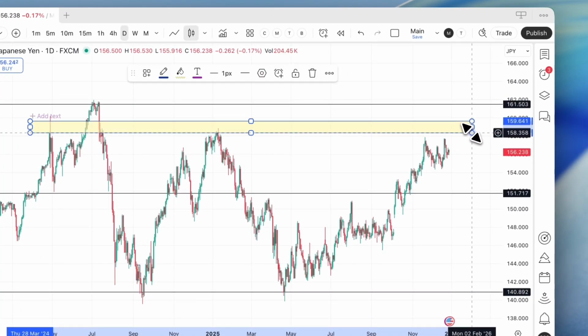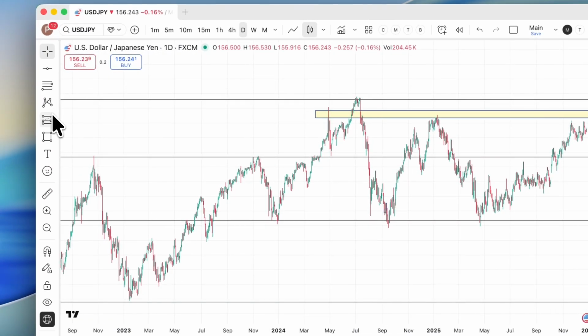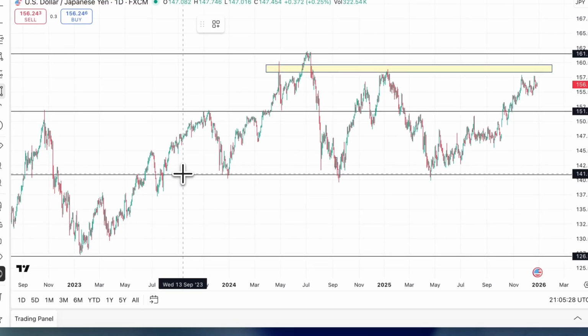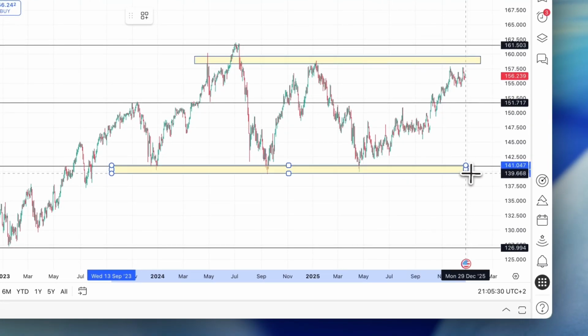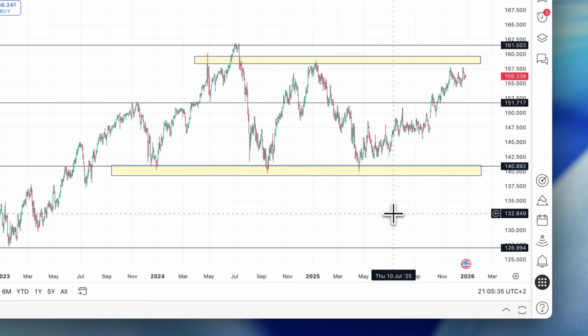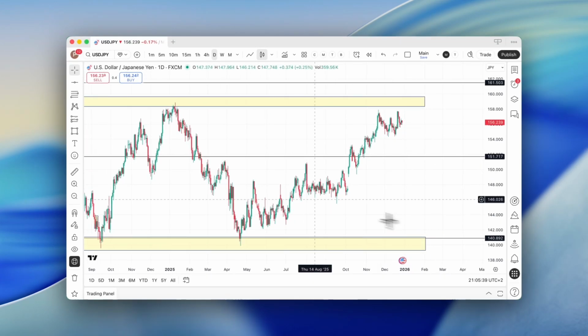These are what I call zones or yellow areas. You can choose any color you want. And it's just to draw an area where prices tend to find support or resistance. You see here the prices rebounded strongly 3 times. So at the 140 yen area, and